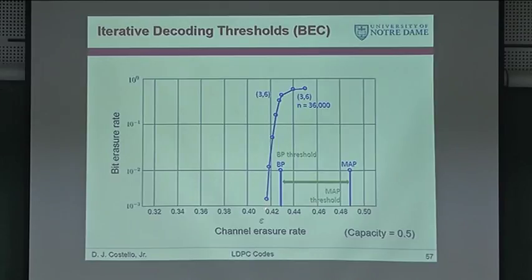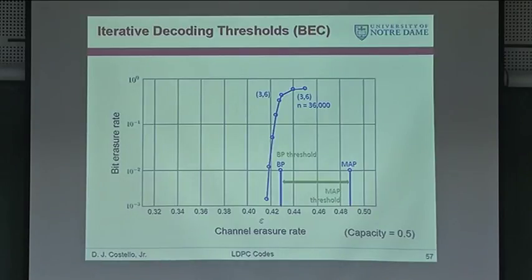This is about 0.41, maybe 0.415 or something like that. So we get a 10 to the minus 3 erasure rate pretty close to the iterative decoding threshold. We could get even a little better if we make this 360,000, and if we make it 3.6 million, we get even a little closer. But we're not going to go beyond this with